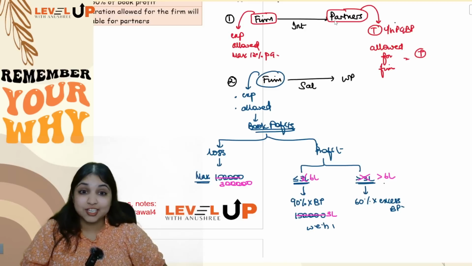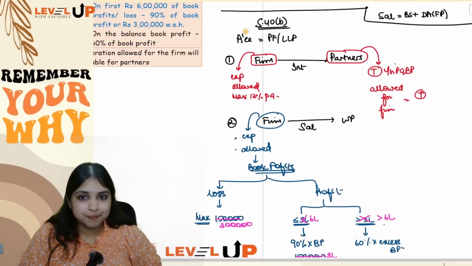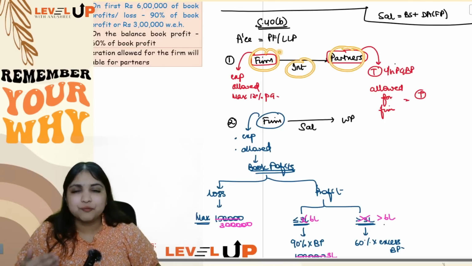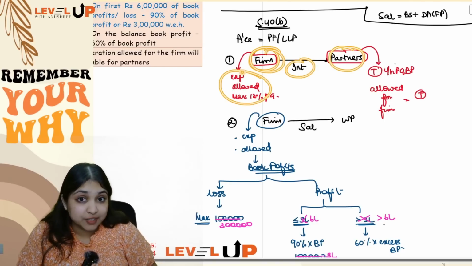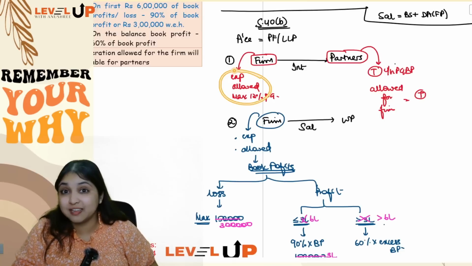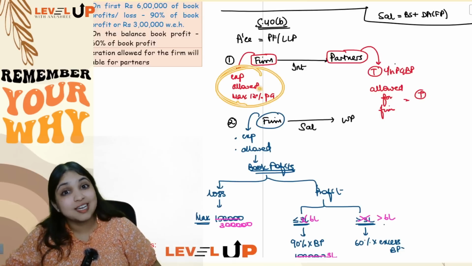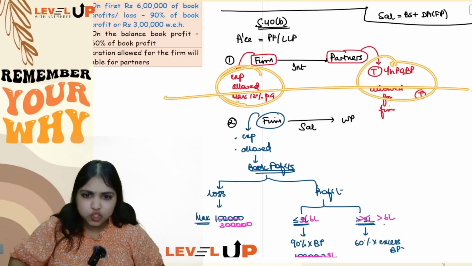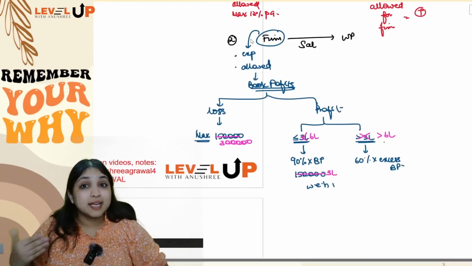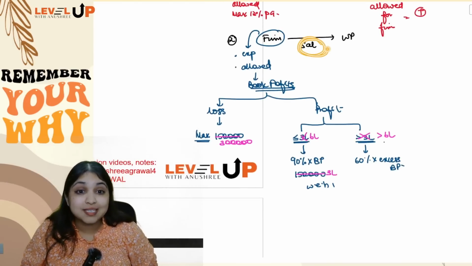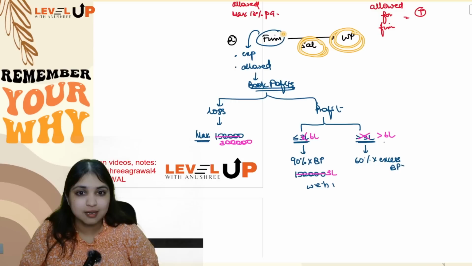There is no change in interest. If the firm is paying interest to partners, for the firm up to 12% of the interest will be allowed, provided it is given in the partnership deed. Whatever is allowed for the firm is taxable for the partner. Story simple, story over. Then second part, when the firm is giving salary to working partner, then for the firm